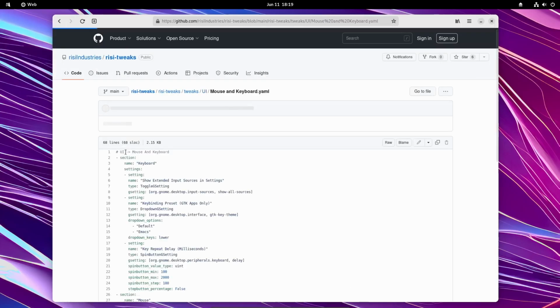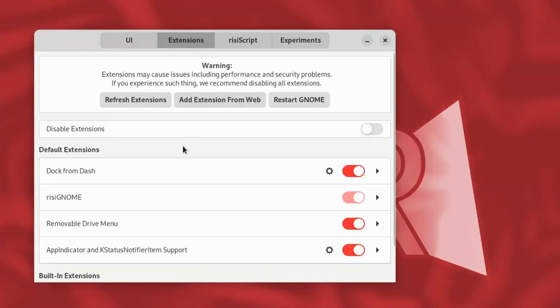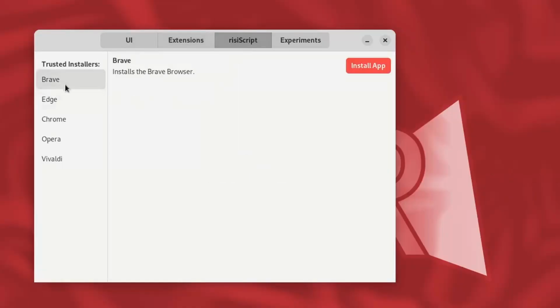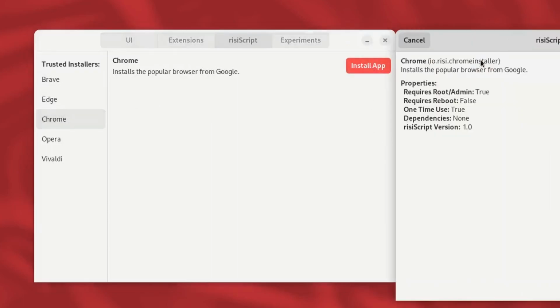The issue is, after I implemented this, I decided I wanted to add an extension manager to RisiTweaks. So then I kind of added the extension manager on top of it trying to generate pages from YAML, and it just created a mess of a code base, which wasn't helped when I decided to add our theme and RisiScript integration to RisiTweaks, which just created a huge giant mess of a code base, and I decided I wasn't going to do that again with the new version of RisiTweaks. So I've decided to do a complete rewrite from scratch using LBRY,